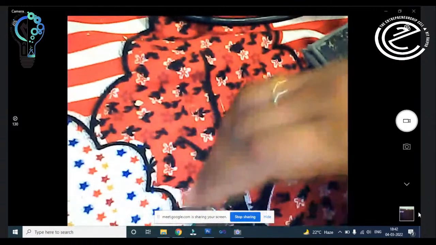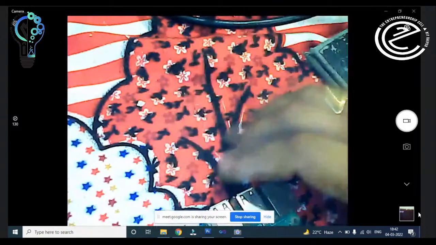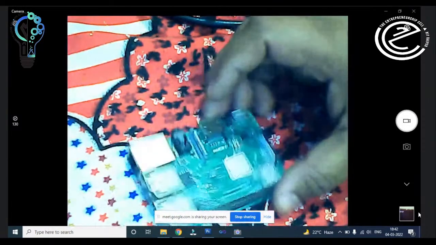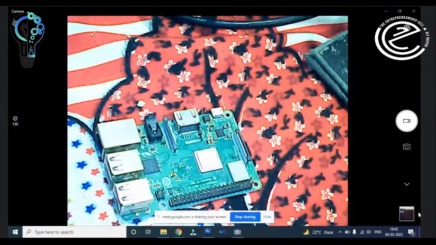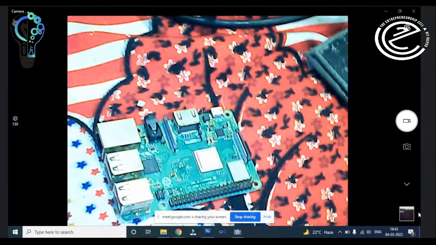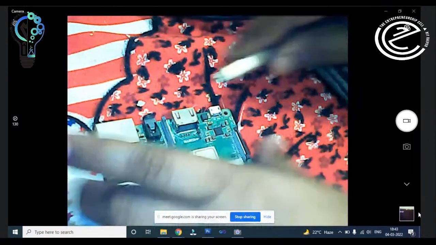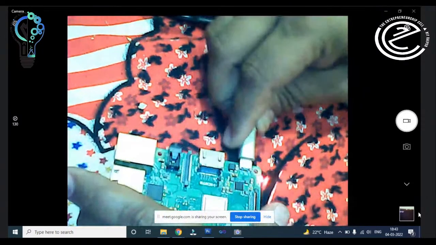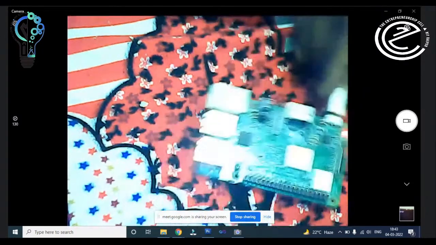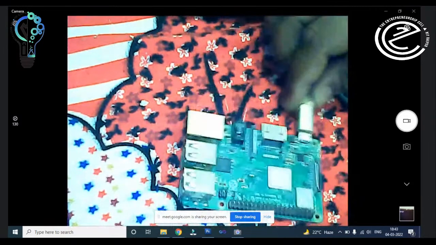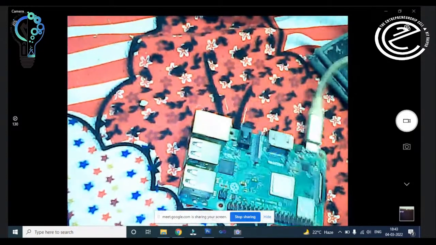Okay, so the first thing you need is a software which we call Putty. Putty is the name of a software which is required to interface this Raspberry Pi board without any display, right? That is named Putty. So I am just giving the power to this Raspberry Pi board. You can see the red light.